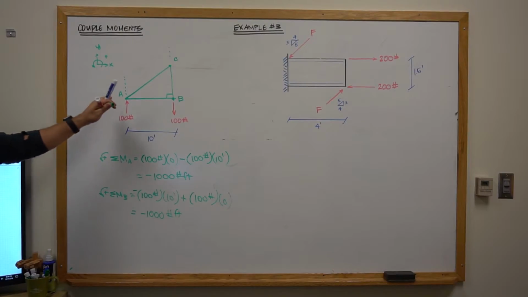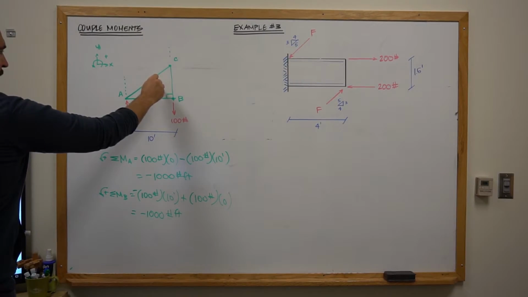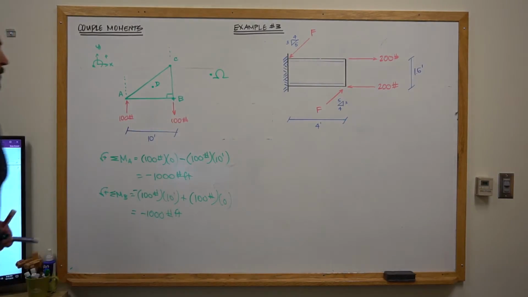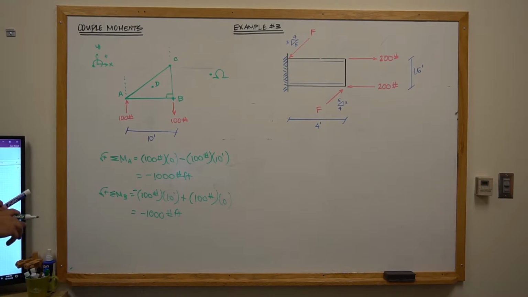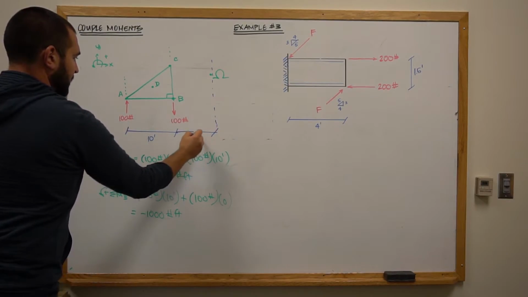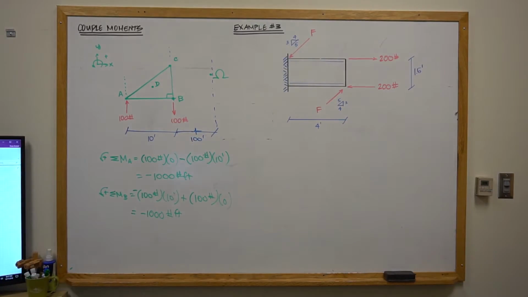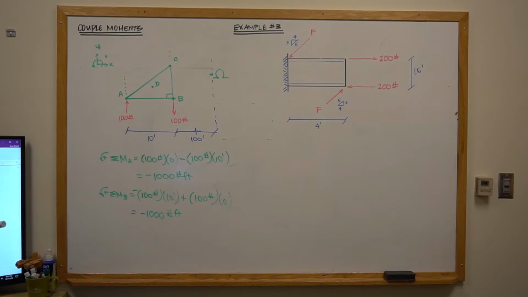And what you're going to find is that when you have a force couple, whether I sum the moments about A, B, C, this point right here, I'll just call it D, or even a point out in the middle of nowhere, we'll call this point omega, it doesn't matter where we take it, we're going to get the same exact moment. And so, for example, let's just say this point omega out in the middle of nowhere, let's say that this distance, I'll put a break line in here, let's say this is another 100 feet out in space. Well, if I were to sum the moments about point omega, because of the nature of couple forces being equal and opposite in